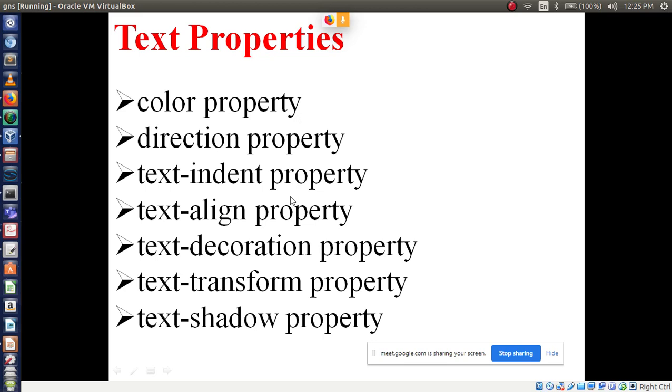It is not compulsory to explain all of them; explain any 5 properties which you feel are easy to write. So first we will see the color property. Color property means to apply the color on particular text.